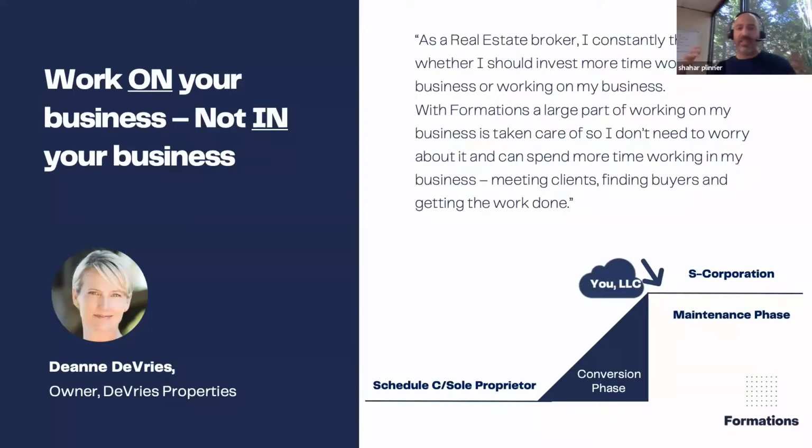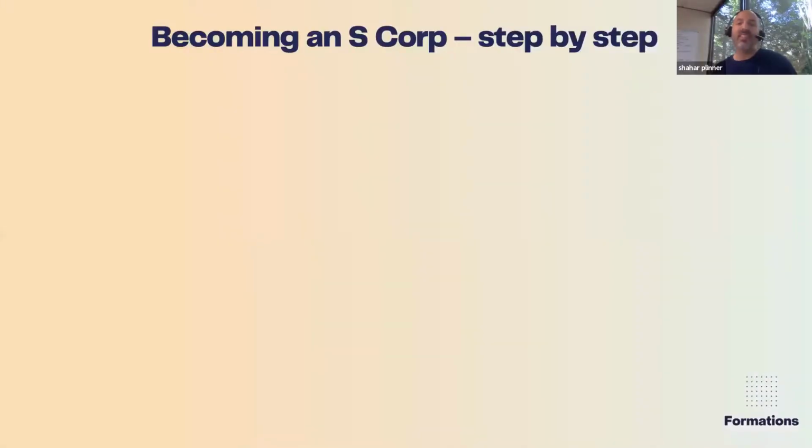S Corporation is such an enabler, allowing you basically to work literally on your business, not in your business. It also allows you to be an employee of your own business. This is where you can get all of this cool Fortune 500 benefit: group health insurance and 401k, HSA, FSA, all of these amazing tax-free and tax-deferred benefits. But most of it, you basically get the tax savings.